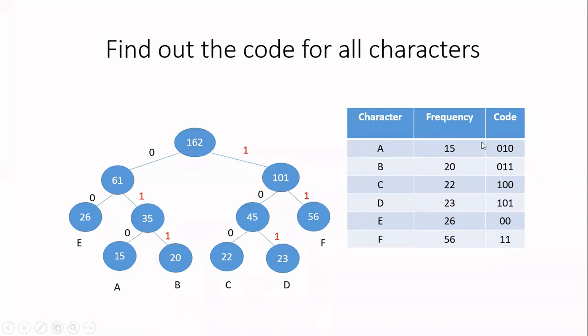And also, based upon the frequency, the codes are assigned. Whichever character is having higher frequency, for that we will have less number of bits in the code. That is, F is having the frequency as 56. It is having only 2 bits in the code. And the least frequency is A. It is having the frequency as 15. For this, more number of bits will be assigned. Our aim is, if a frequency is more, then that character will appear many times. So I have to give less number of bits to that character so that I can reduce the total number of bits. So we have done it now.